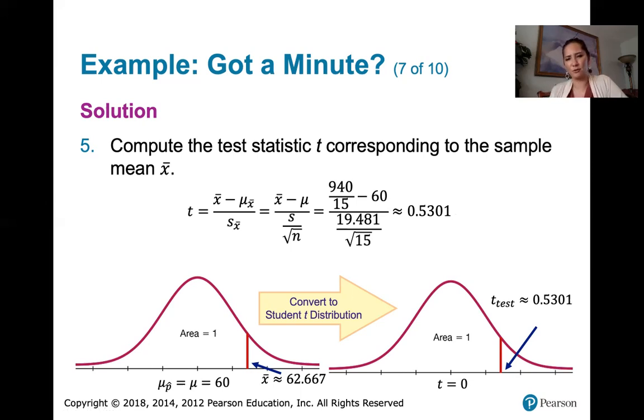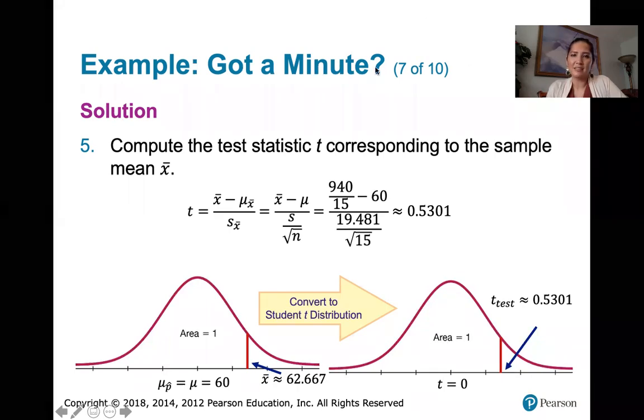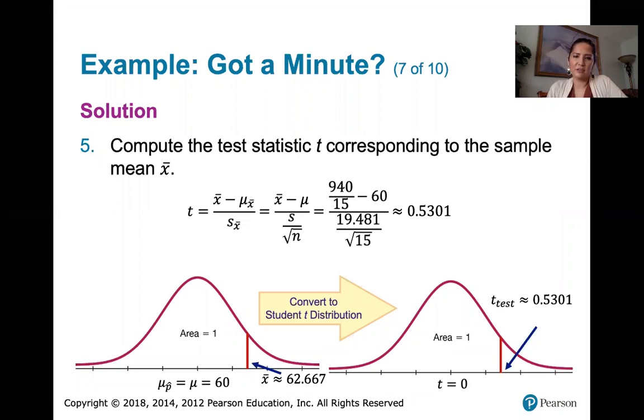Now, when we convert to a standard normal distribution, when we look at the z-score, we can say that that's a certain number of standard deviations above or below the mean. Because the standard deviation of the student T distribution is not equal to 1, it's greater than 1, this test statistic T is not a number of standard deviations above the mean, but it is a value of T that corresponds to this X bar. So it's enough to allow us to determine whether this X bar over here is significantly high or significantly low. And very much like when we're converting from a non-standard normal distribution to a standard normal distribution, this area under the curve over here